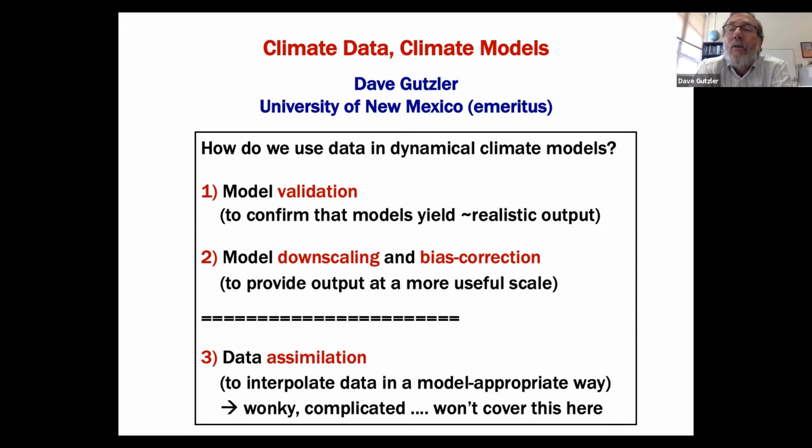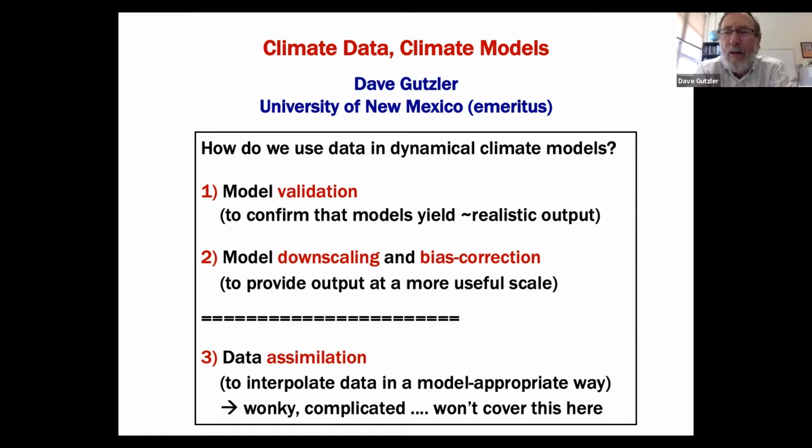And so what I will try to do here in just a few minutes is show you some pictures to get over this problem that we face sometimes, that I've run into talking to legislators and skeptics and folks like that, who just say, it's only a model. So let's talk about how we use actual observations and how that goes into what we call a climate model.